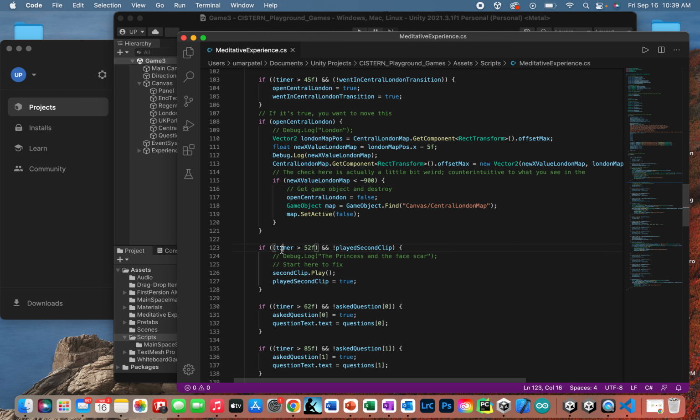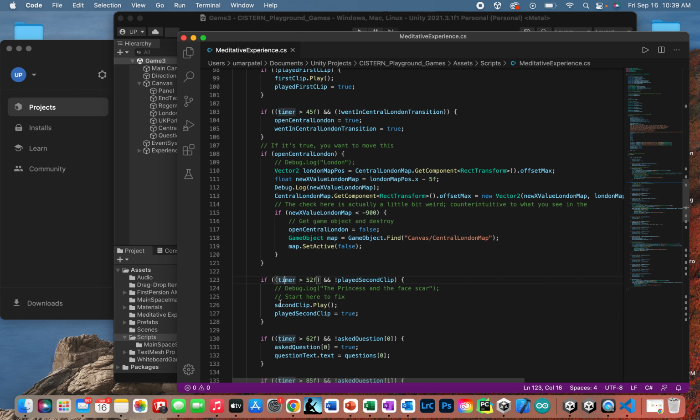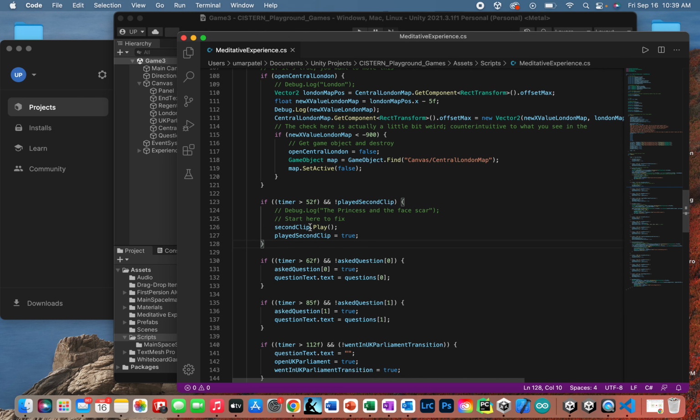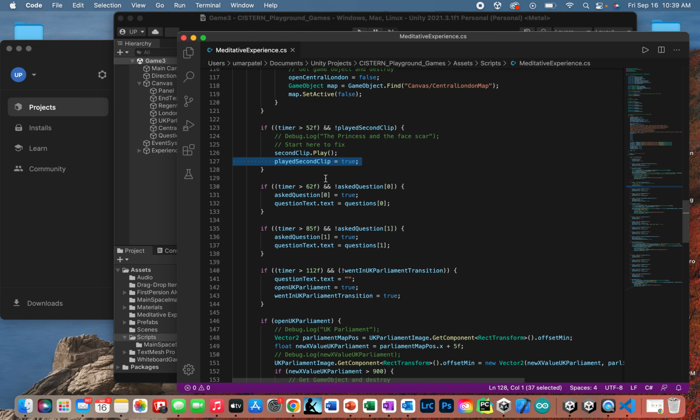But there are certain things, like when you want to play an audio clip, for instance after 52 seconds you want to play this second clip. In Unity, if you keep doing the play command on a certain audio clip over and over again, you're going to have a bunch of audio clips spawn, one over another, and that's not good. So a lot of these if statements do an action and then convert a boolean to true or false. I think most of them are true, and the reason is so that it doesn't